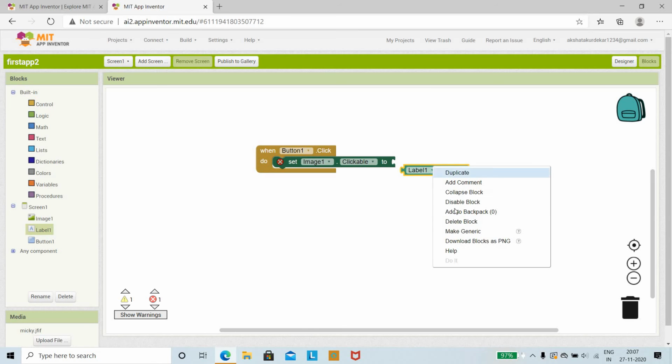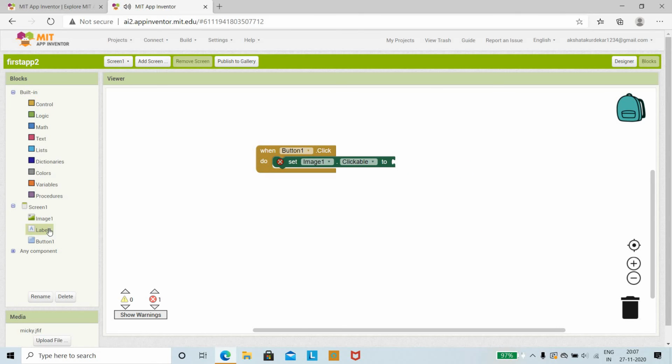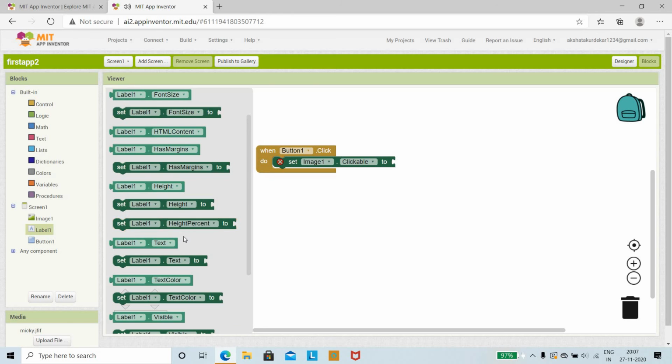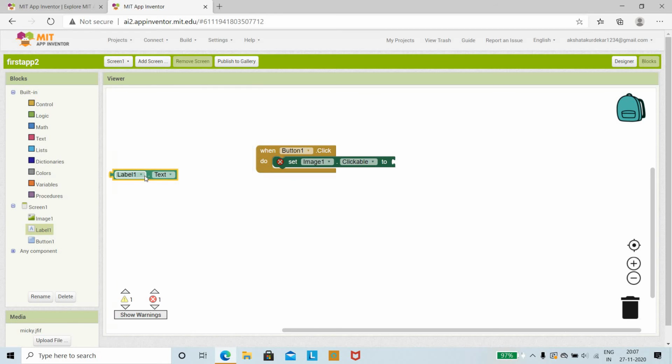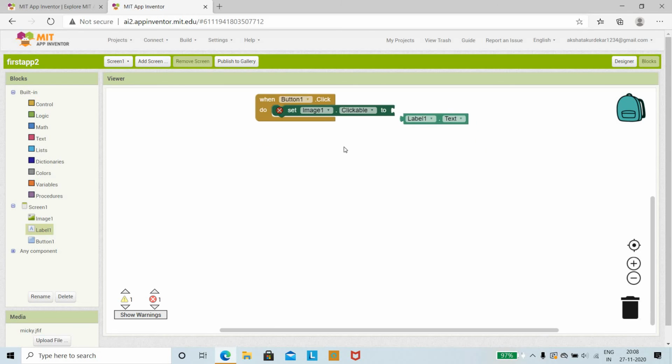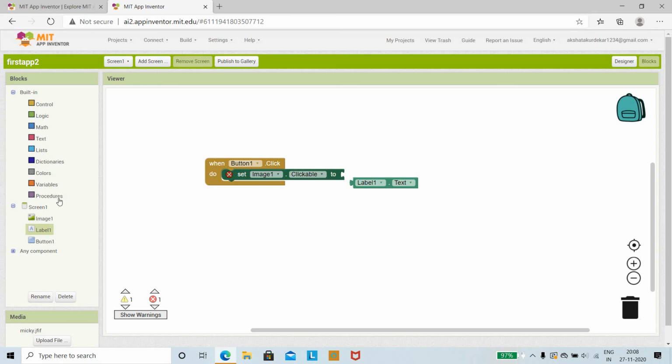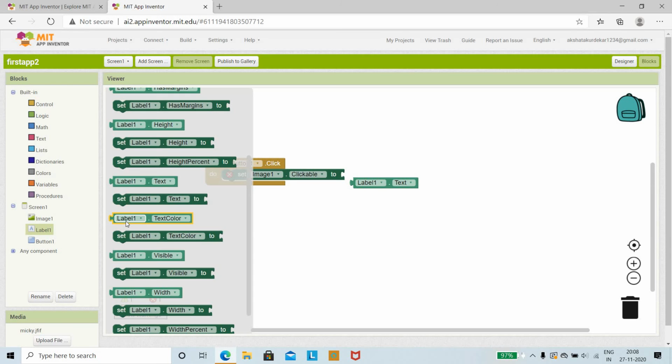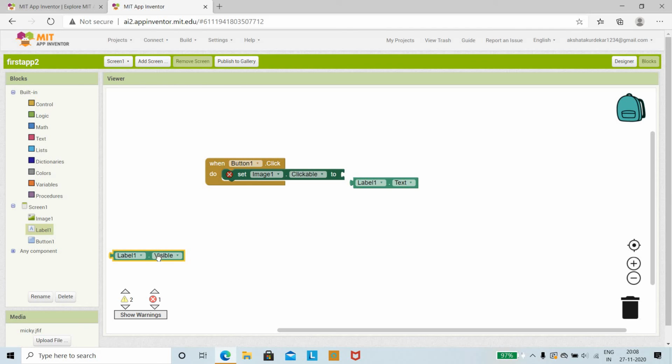So we shall select the different one, that is label, and then well, this one. So it seems the same. So then we shall go to label, and then we shall make the label visible. So we shall check whether this will be, yeah, this is correct.